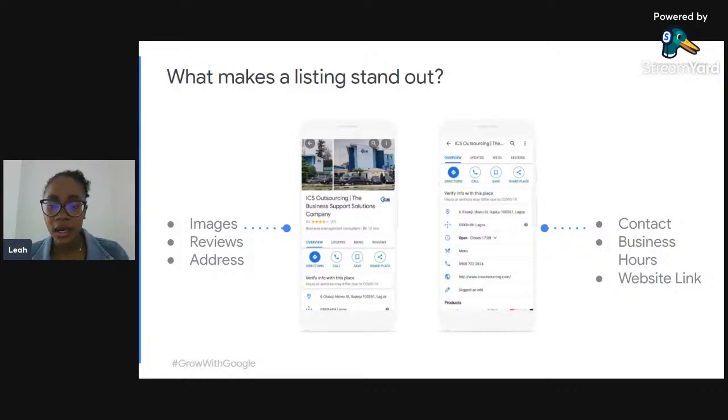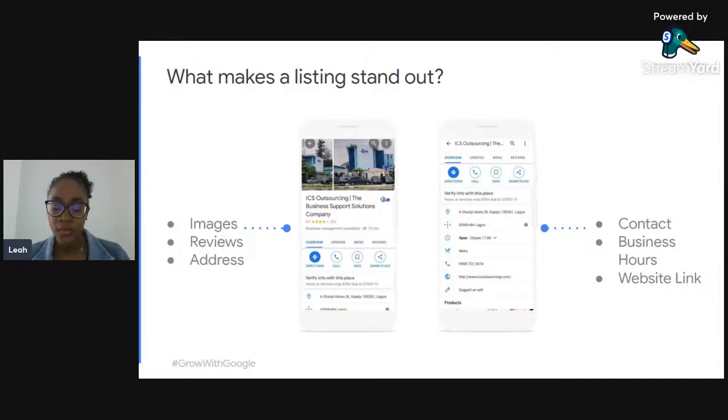Another thing that people usually want to see when they're looking for a product or a service is definitely the contact. Can they easily make a booking? Can they easily make a reservation? If I give you a call, is your phone number there? Will you pick up my call? So again, having your full contact, your email, your phone number there is something that would really make you as a